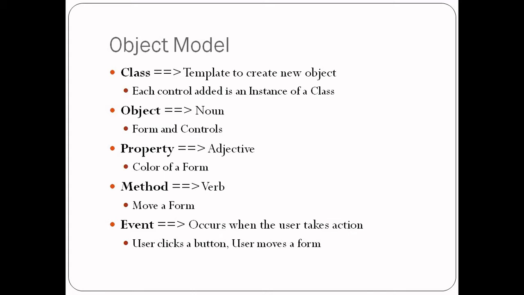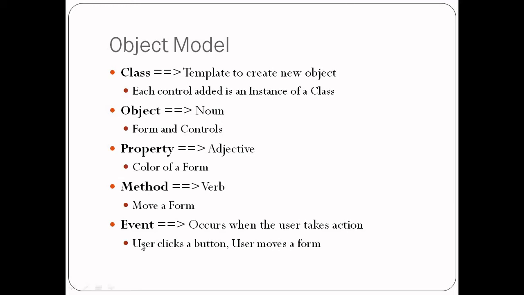For example, if you select a form, which is like a page, as I said earlier, on which we can write anything. Form in VB.NET is like a page. Changing the color of a form is a quality. The name written on the form is a property of a form. The name of any control is a property. Text size written on it is a property. So property is nothing but the quality that a particular control has.